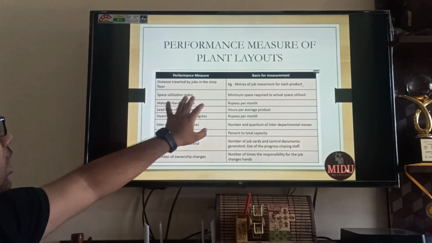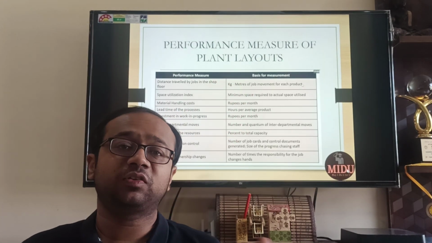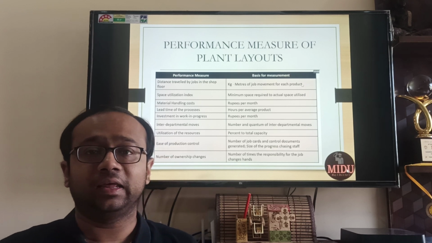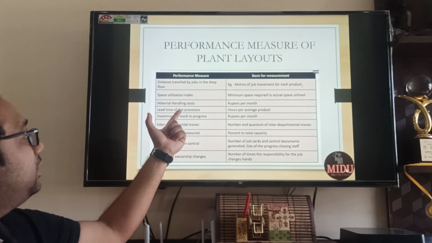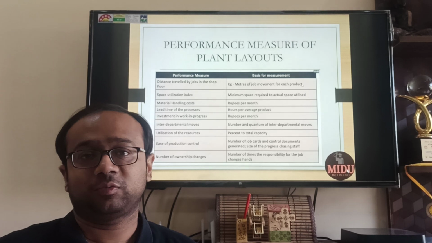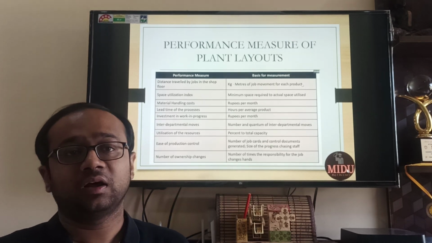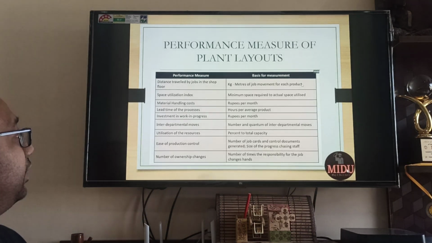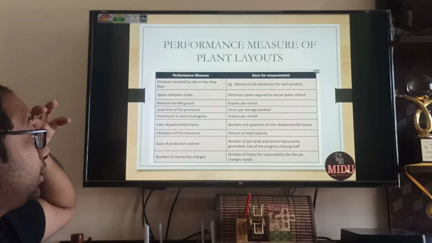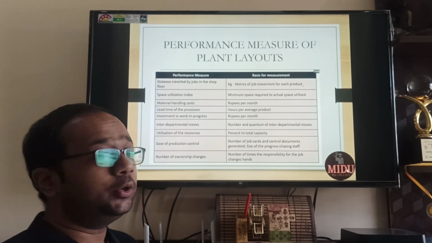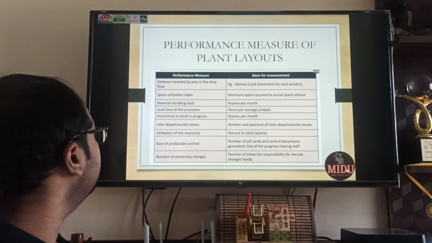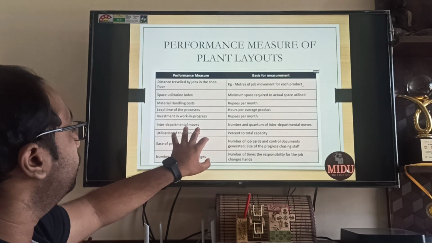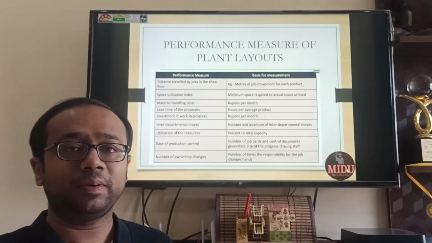Material handling cost: how many rupees or how much currency per month you are spending on handling the various materials. Lead time of the process: hours per average product, how much lead time there is in different kinds of activities. Investment in work in progress: how much money you need to invest. Interdepartmental moves, number and quantum: there will be different departments.